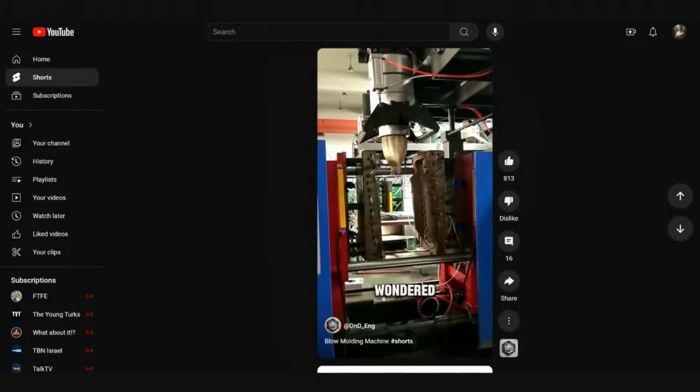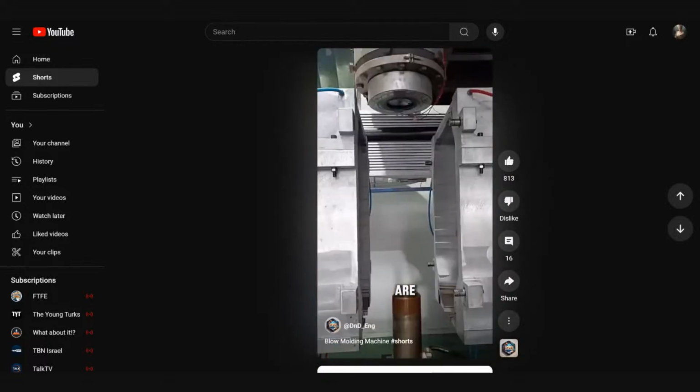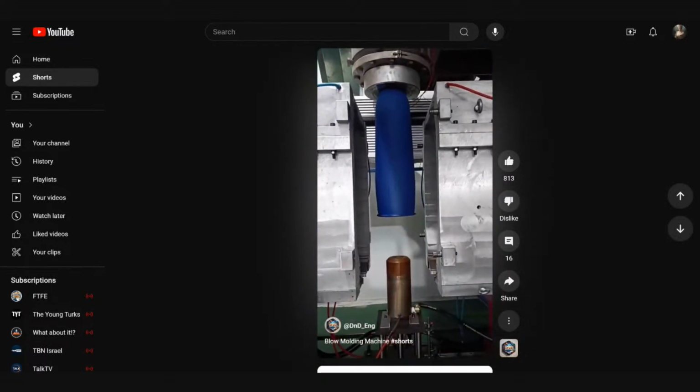Have you ever wondered how hollow plastic items are made? Most modern hollow plastics today are created using a blow molding machine. The process